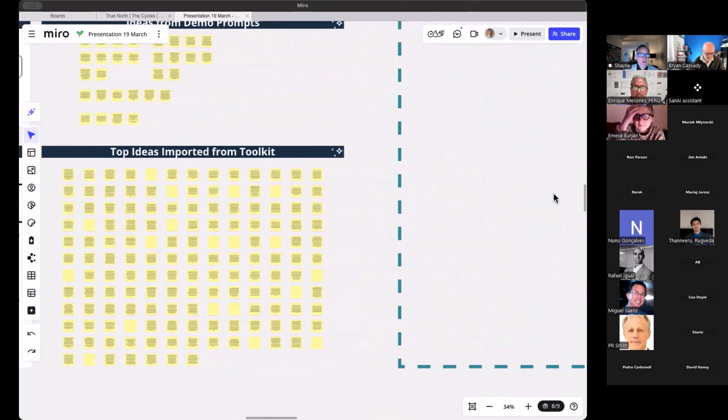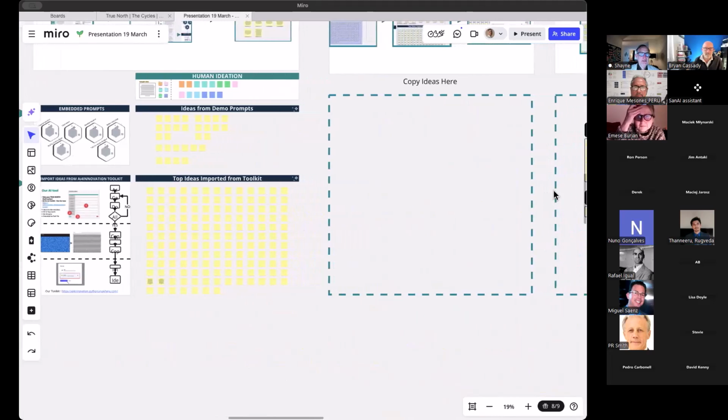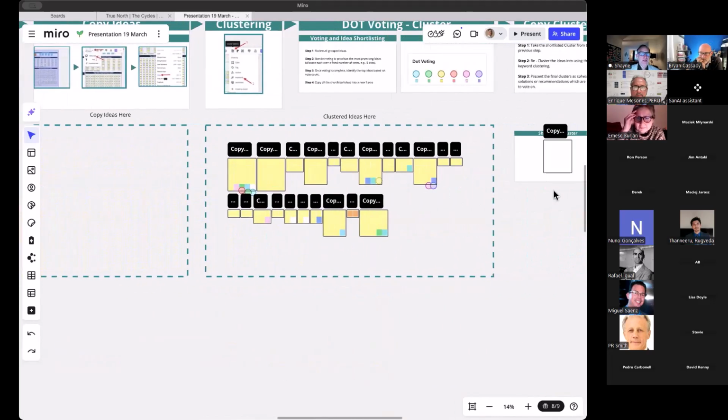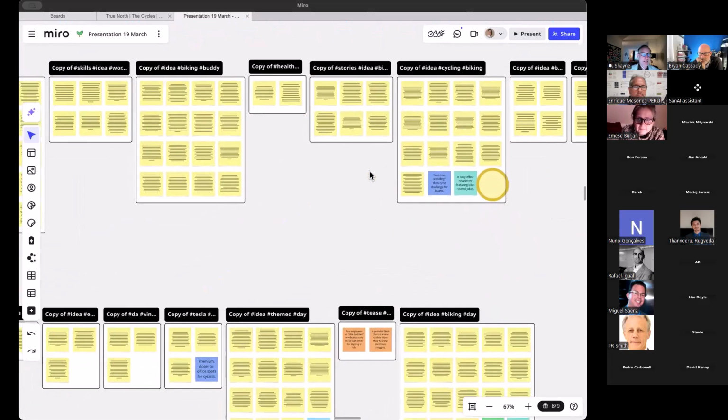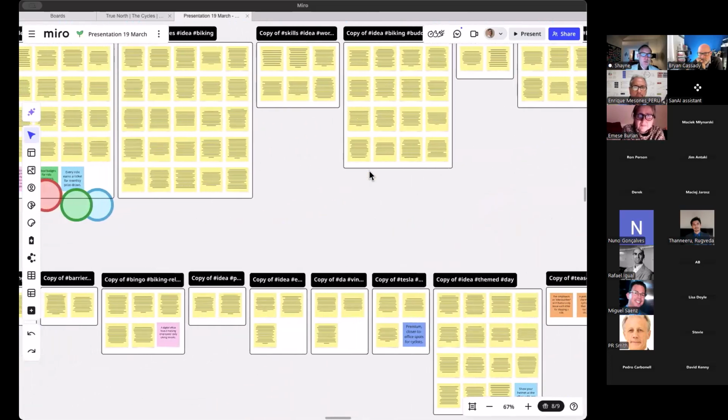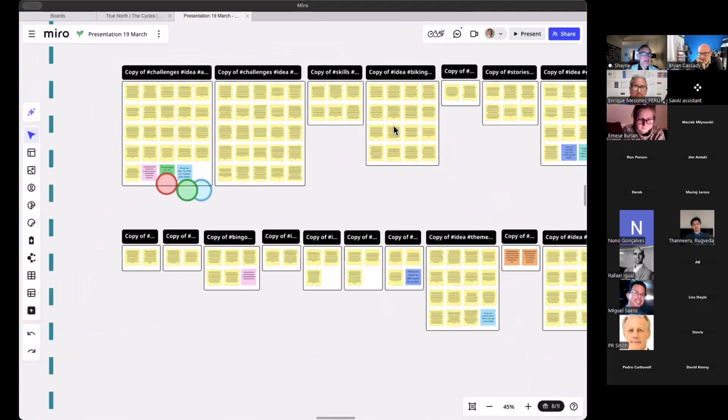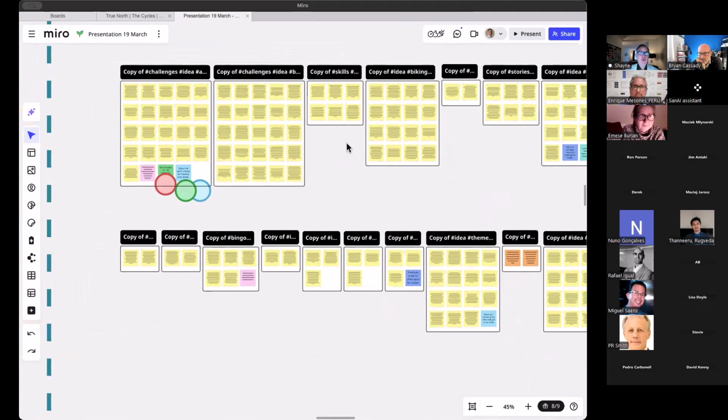Let's go into, once you have those ideas, then the next thing that you can do on the board is cluster them by what are the core keywords within those ideas, so you can find things that are similar. And by combining both the human ideas together with the AI generated ideas, what happens is everybody goes and